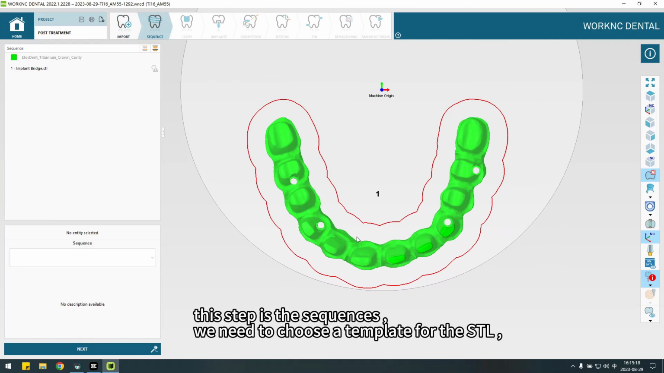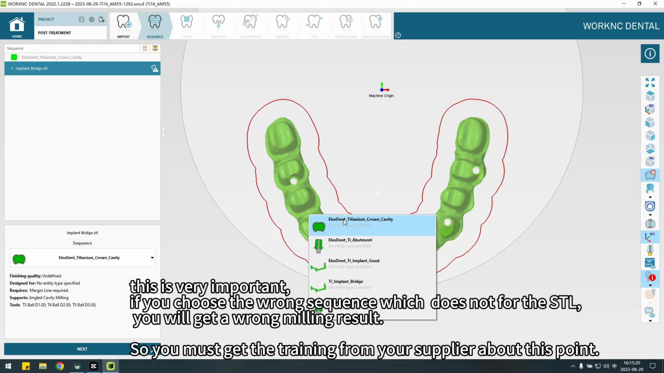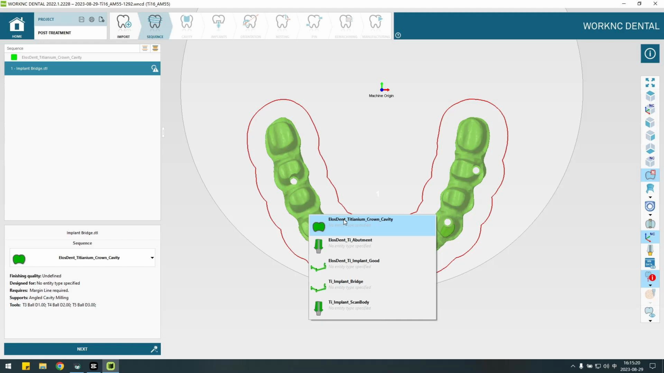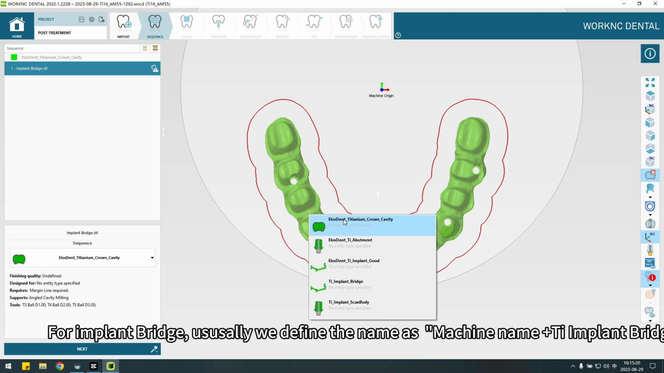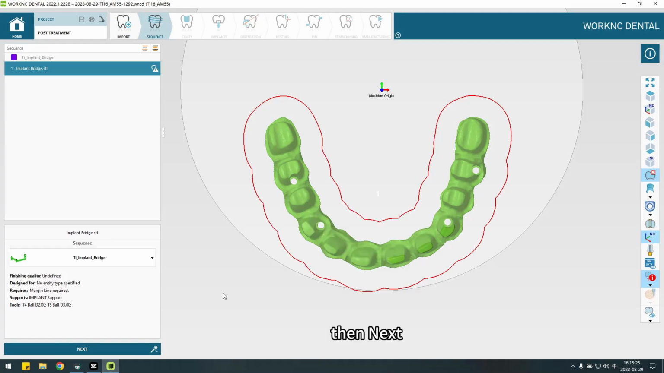This step is the sequences. We need to choose a template for the STL. This is very important. If you choose the wrong sequence, which is not for the STL, you will get a wrong milling result. So you must get training from your supplier about this point. For an implant bridge, usually we define the name as machine name plus T implant bridge. Then next,